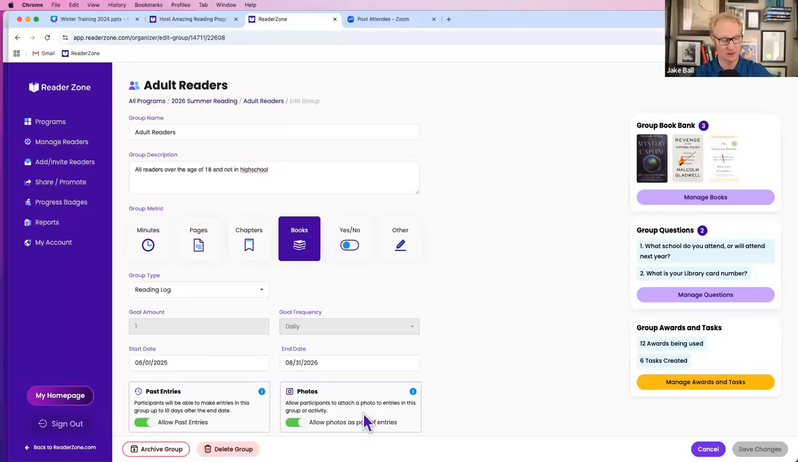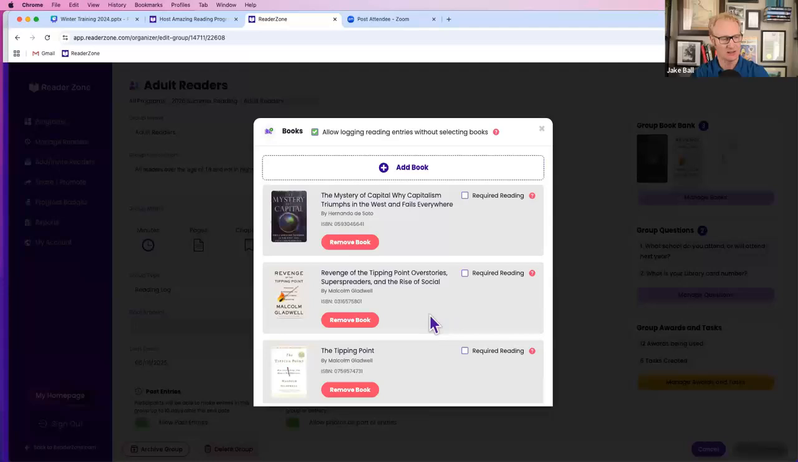So if you're doing something where you want to allow patrons to take pictures and make it a part of their program, you can just turn photos on and off, and it's really easy to edit those at any point as well. Over here, there's a few things. The first is the book bank. The book bank allows you as an organization to make suggested titles or suggested reading for this particular reading group. So if I just want to give my adult readers somewhere to start, I can make some book suggestions